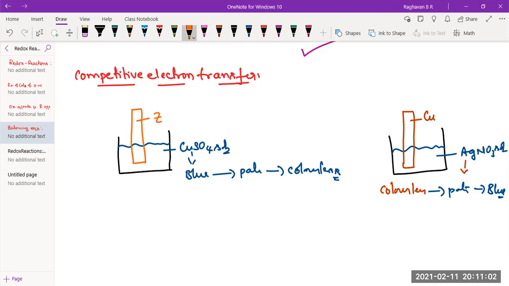What is the reason? One word to match with the answer. SRP, that's all. Exactly. So even Amshu said SRP. It's all about SRP value, standard reduction potential values. Between zinc and copper, which one has low SRP? Zinc has lower SRP. Copper has high SRP. Between copper and silver, which has low SRP? Copper. So the one which has low standard reduction potential, SRP, will always undergo oxidation.